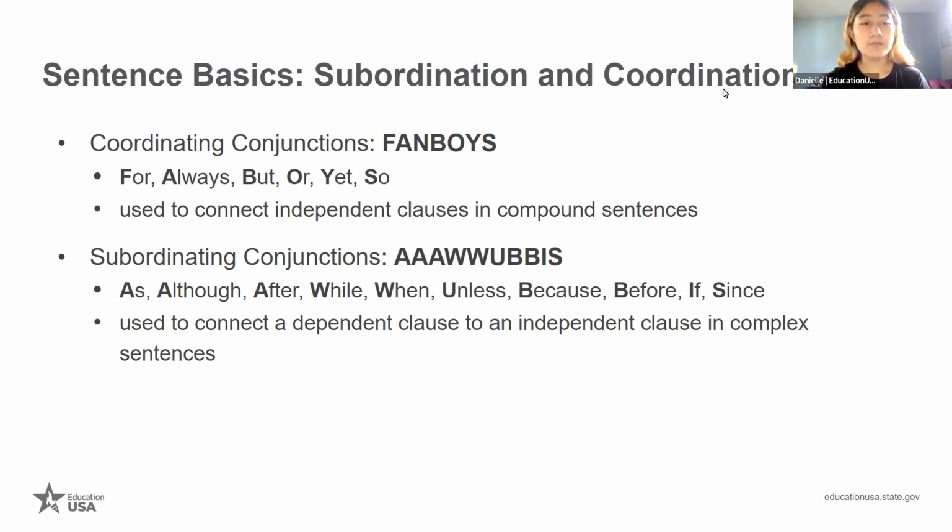Let's see, on the spot for the coordinating conjunction. I really like tacos, but they're always too spicy. Those are two independent clauses. It's a compound sentence. The but is in between. That's an example of the coordinating conjunction. Subordinating conjunctions typically come before the sentence to make it a dependent clause, or sometimes they pop up in the middle, though the easiest way I think to use subordinating conjunctions